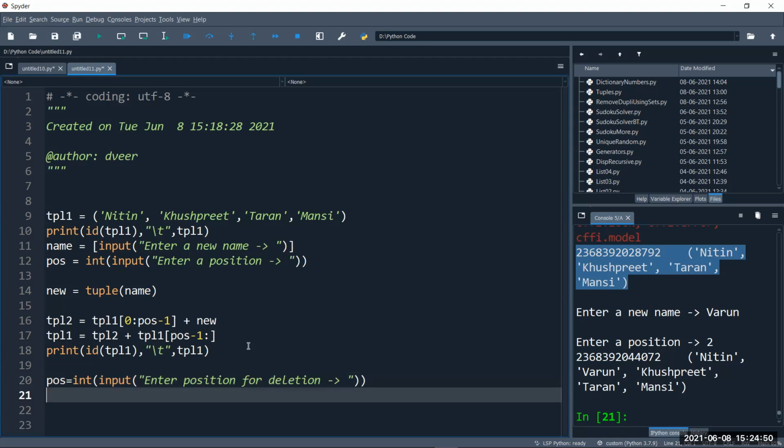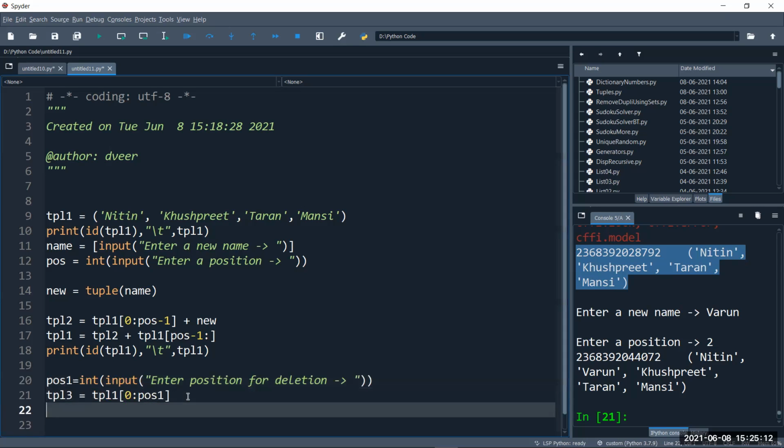So we'll get the position, and then let me have tuple 3 is equal to tuple 1, 0 to position. I'll copy it, right? And then we can name it position 1, no problem. And then TPL1 is equal to TPL3